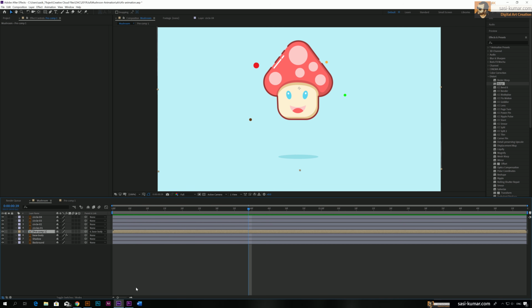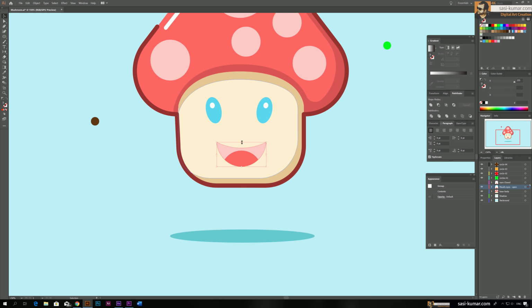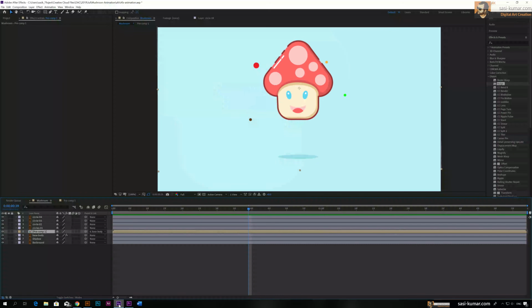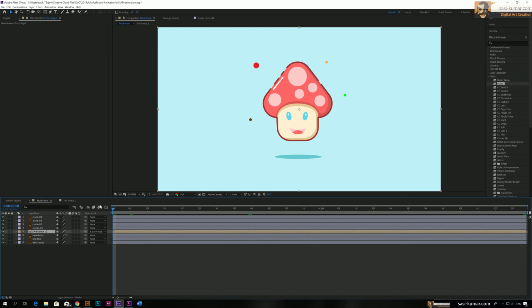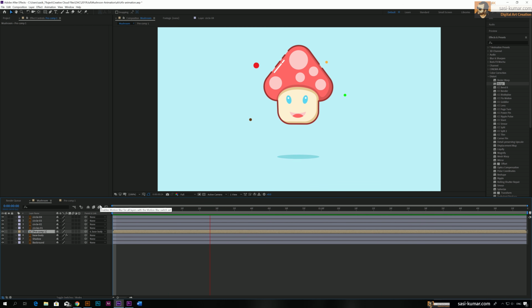We can easily do this by going back to Illustrator, selecting the close, opening this layer in here, and making the mouth size maybe smaller like this. Yeah. And all we need to do is File, Save, and go back to After Effects, and you guys will see it already updated. Now you play and see when going up it's small, and coming back it smoothly changes. Okay, alright guys,